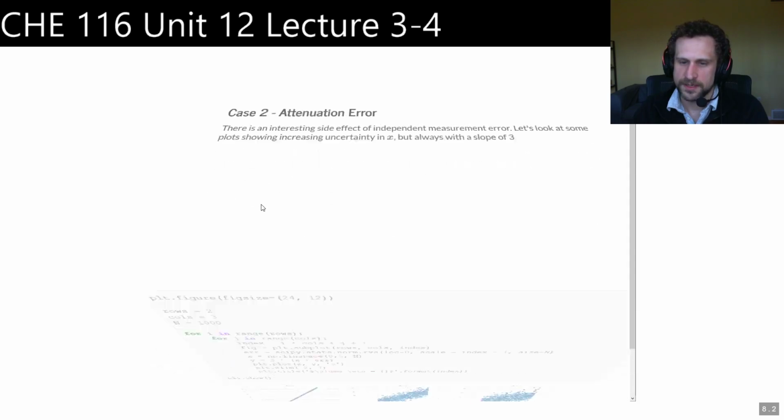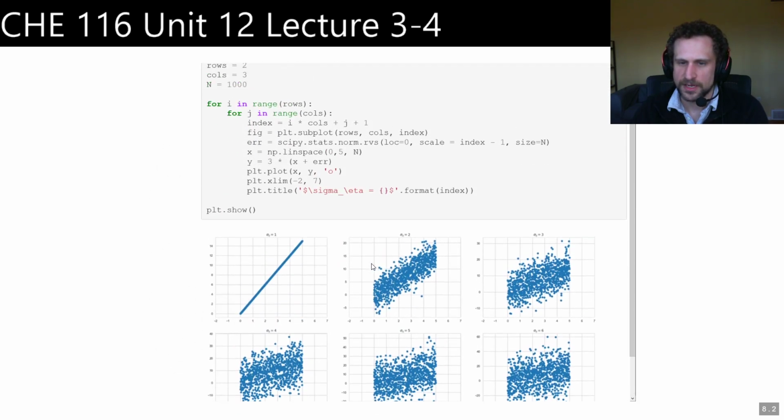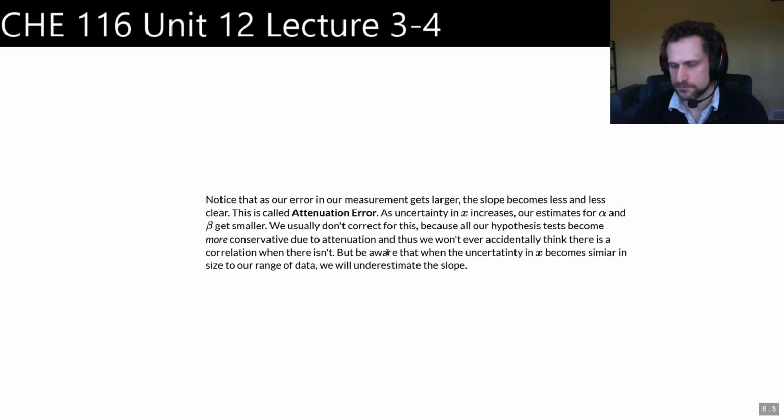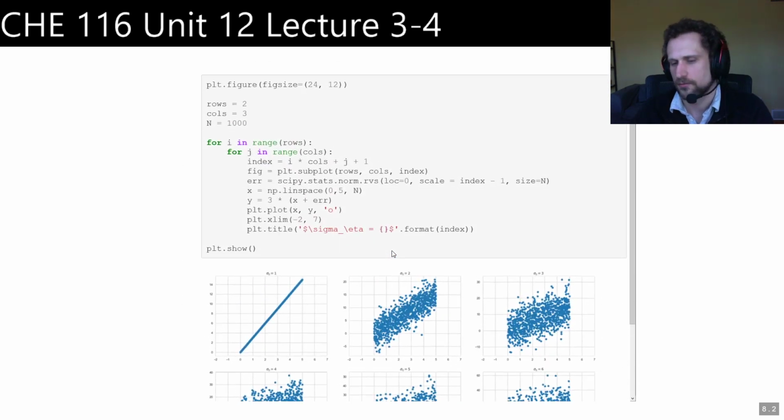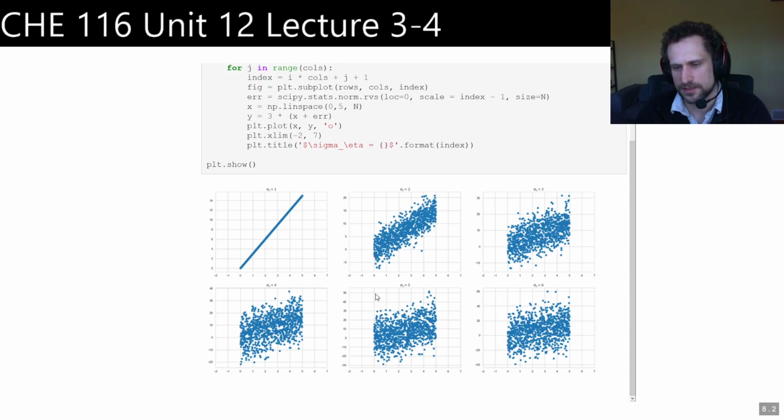There is one thing I'll mention for case 2, which is something called attenuation error. I won't go too in depth on this, I just don't have time. But essentially, if you have uncertainty in X, it becomes harder to do the regression. So uncertainty in Y, nothing changes. Uncertainty in Y is totally fine. Everything is normal. But if you start having uncertainty in X, your independent variable, it becomes harder and harder